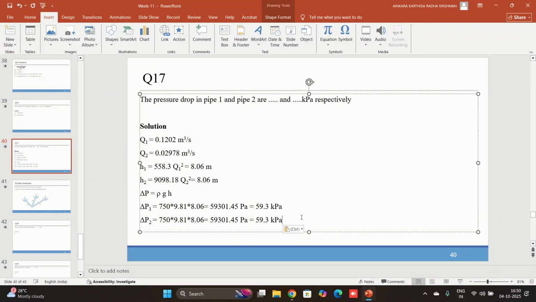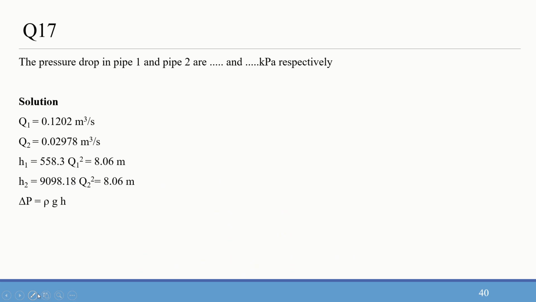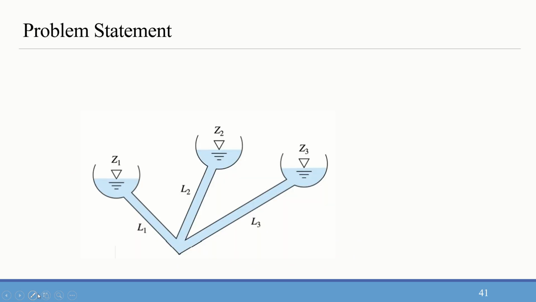For our understanding of how to do the problem, this is sufficient, but number wise it is not even making sense. So delta P2 also we are taking, and delta P1 and delta P2, the pressure drops in pipe 1 and pipe 2, are same because they are connected in parallel. So that is the ultimate thing which we are seeing. So question 17, with that we are closing the problems related to that particular figure. Similar problems we have stretched enough and we have got the solutions for whatever was asked in the question. So next we go to